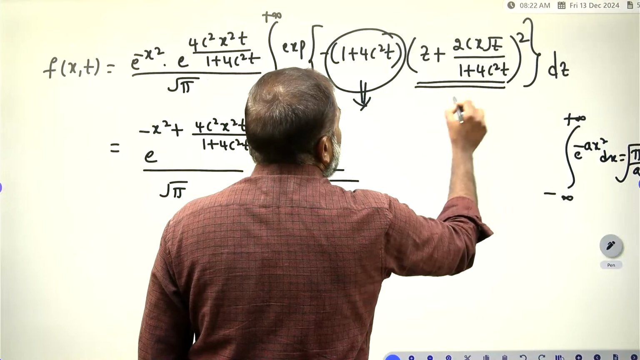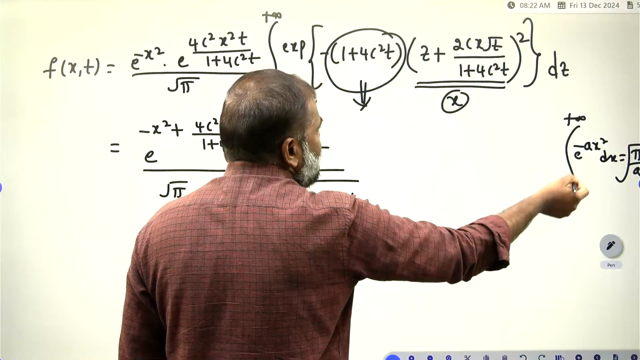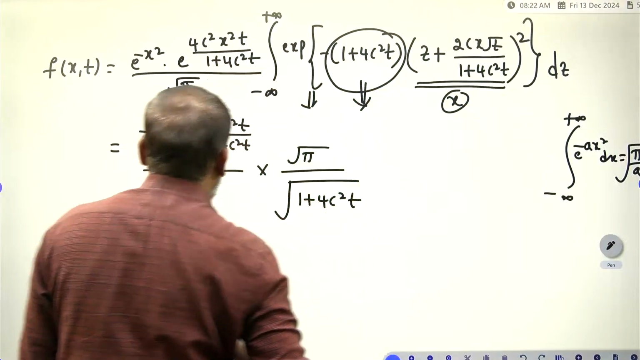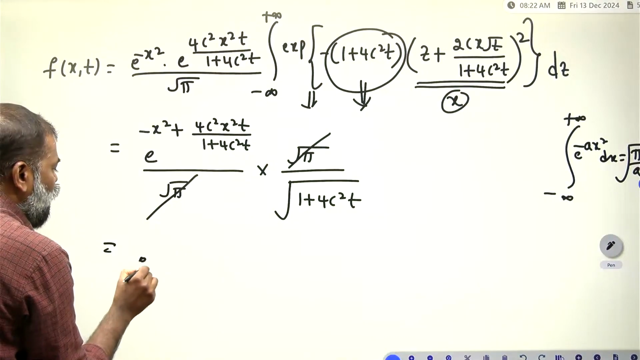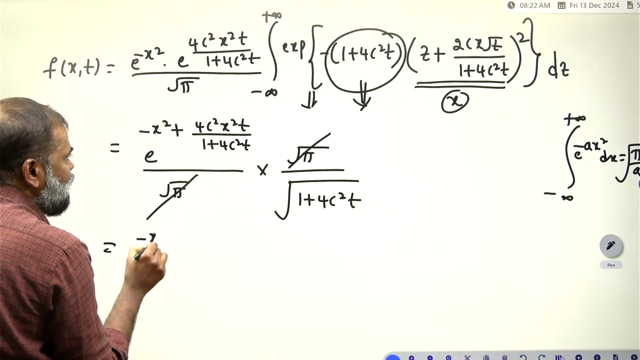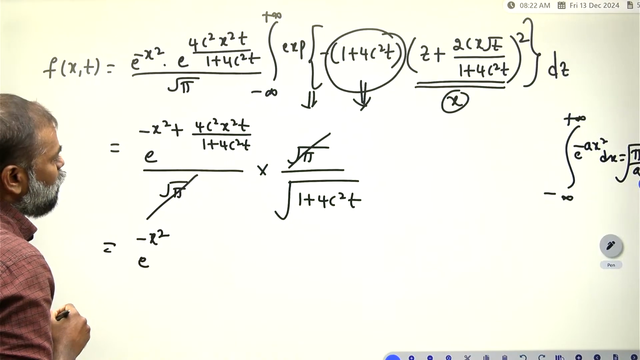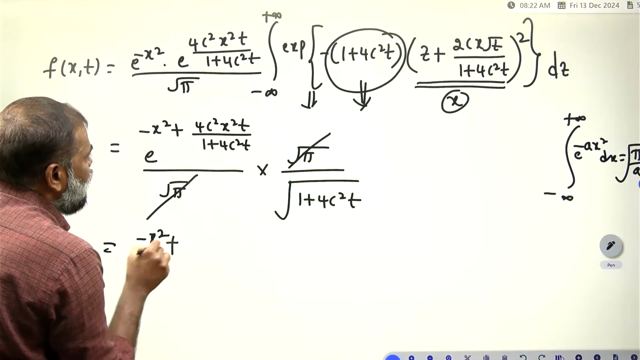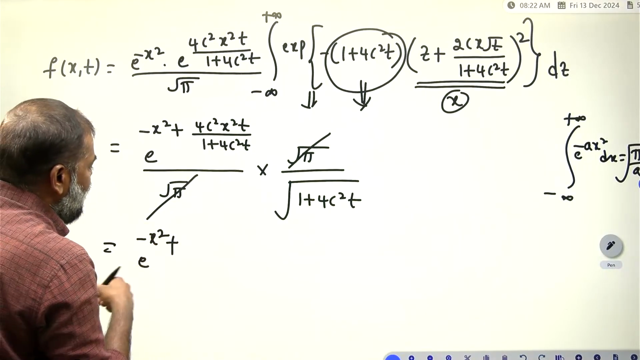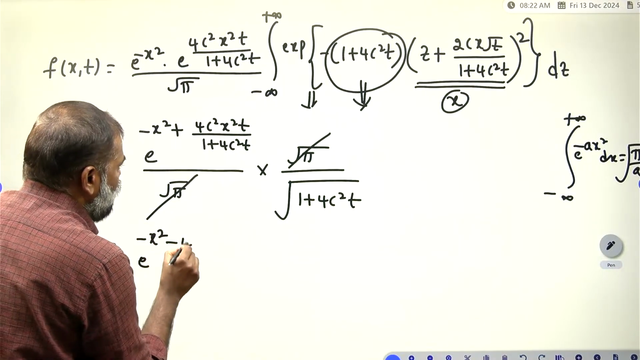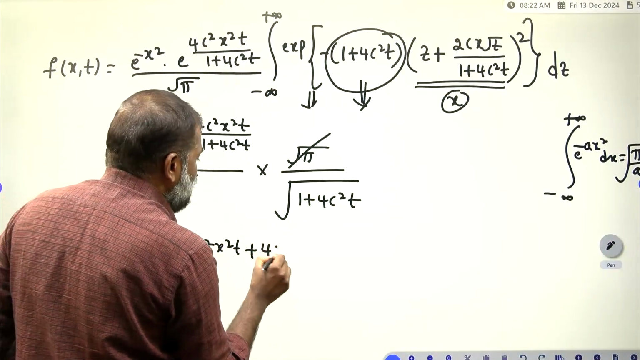This is the x value: how to take, the integral of e to the power of minus ax square dx is equal to root pi by a. Clear? So root pi gets cancelled. So therefore e to the power of minus x square, plus we have to take it as minus x square minus 4c square x square into t plus